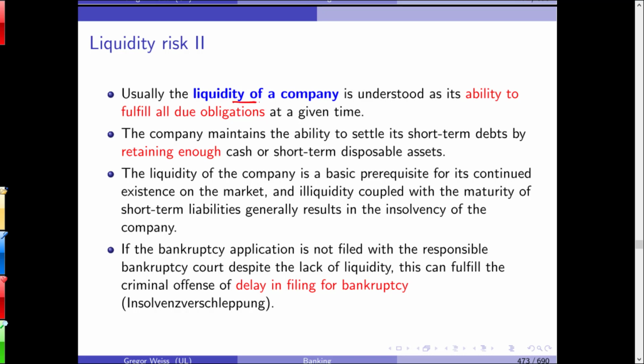The liquidity of a company, what is that? First of all, you have to be sure to distinguish between two different types of liquidity. We distinguish between the liquidity of an asset and the liquidity of a company. Let's start with the liquidity of an asset. The liquidity of an asset is defined as the ease with which you can buy or sell a given asset. Meaning that